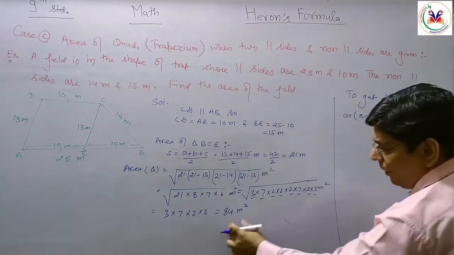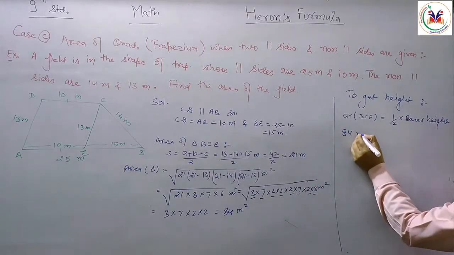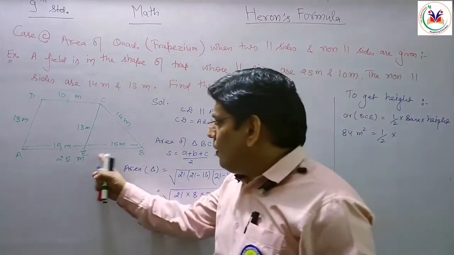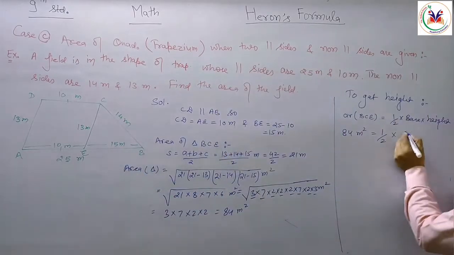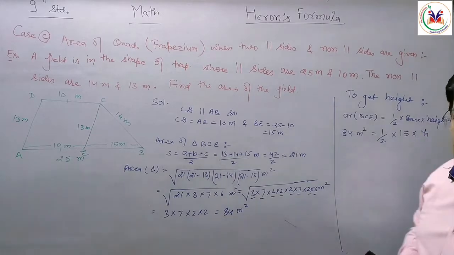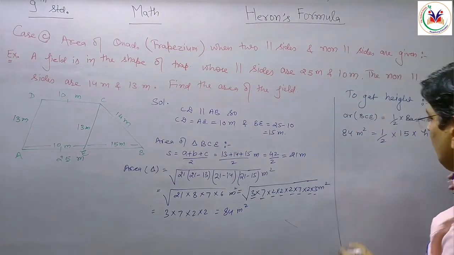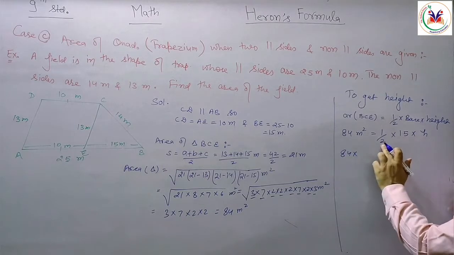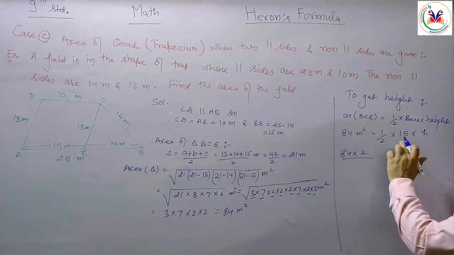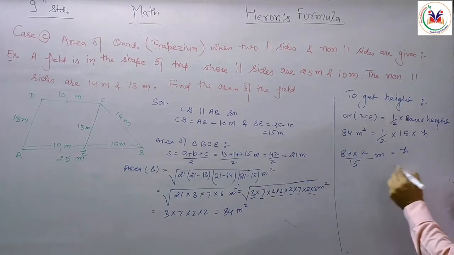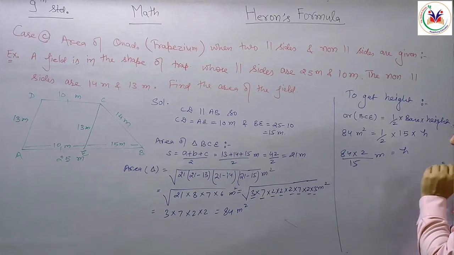सो एरिया हमारे पास है 84 मीटर स्क्वायर. हाफ बेस जो है इस ट्रायंगल में 15 मीटर है, दैट विल बी 15, और हाइट विल बी h. आई एम जस्ट कंसीडरिंग h, कोई भी है, हाइट है वो. नाउ h हमें कैलकुलेट करना है. सो 84 इंटू ये डिवाइड है, सो इट मस्ट बी मल्टीप्लाई फॉर्म डिवाइड बाय 15 meter, that will be height. So how can we calculate?